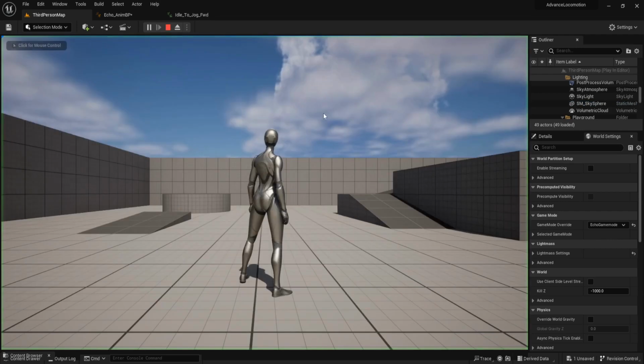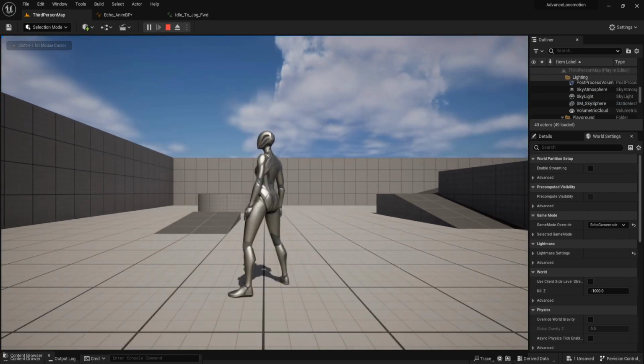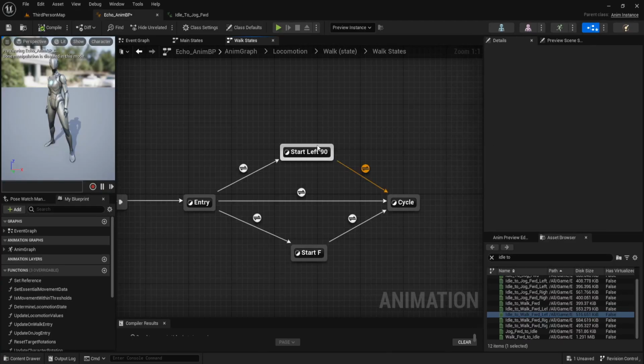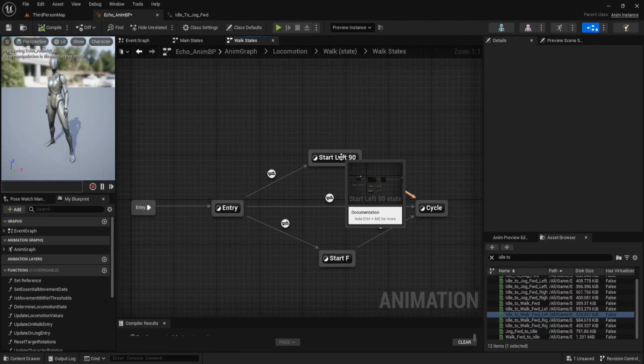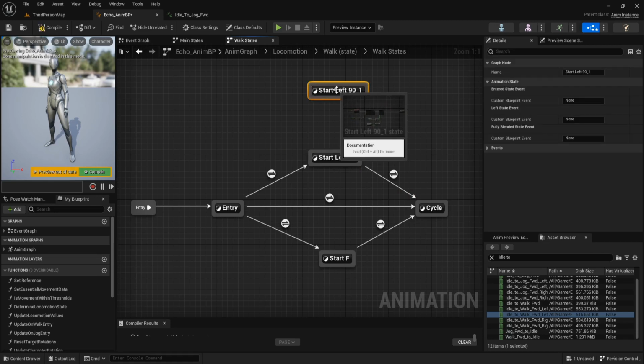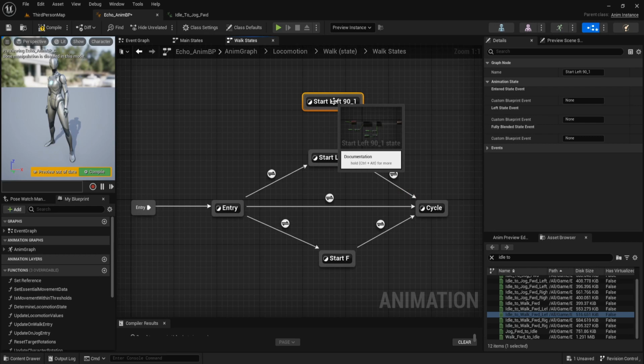Let's play test. When we turn left, we have the turn left animation. Now let's create the turn angle transitions. Copy the start left 90 as is. Name it start left 180.